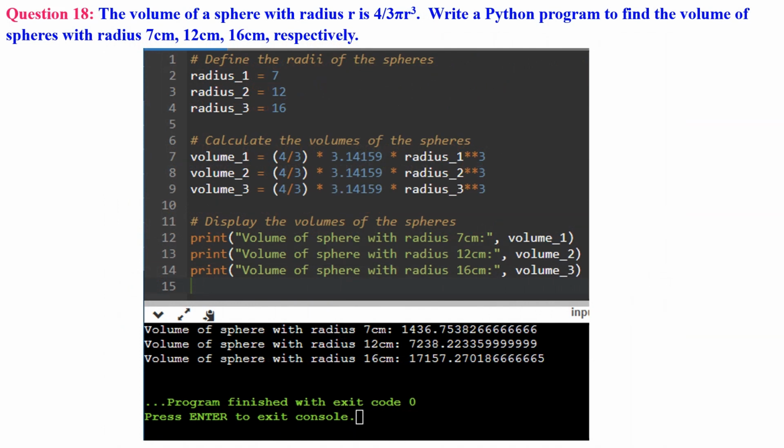Question 18. The volume of a sphere with radius r is 4/3 pi r to the power 3. Write a Python program to find the volume of spheres with radius 7 cm, 12 cm, 16 cm, respectively. In this Python program, the value of pi is approximated as 3.14159. We define the radii of the spheres as radius_1, radius_2, and radius_3, and calculate the volumes of the spheres